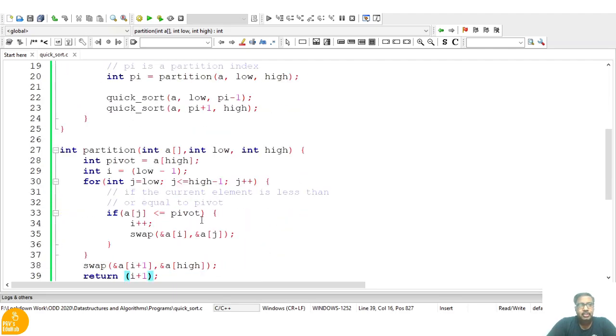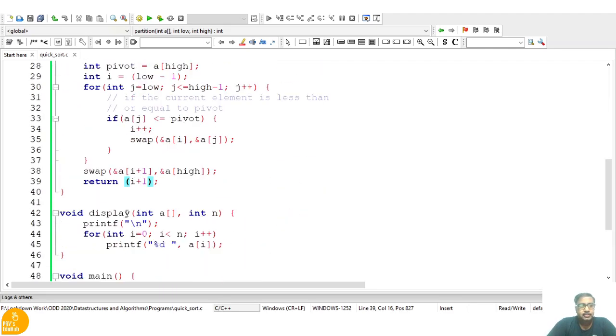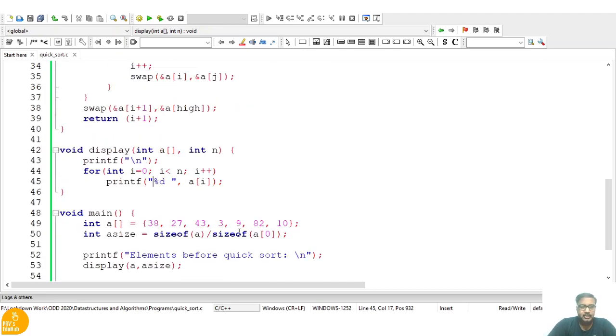Next, in order to display this array, we have gone for a display function in which you supply the array and the number of elements, so that it will print the elements in the array.